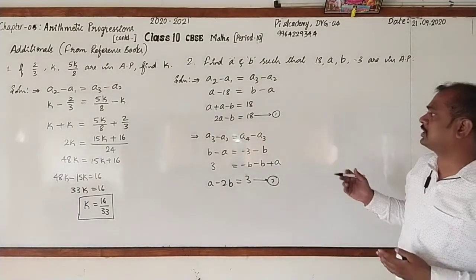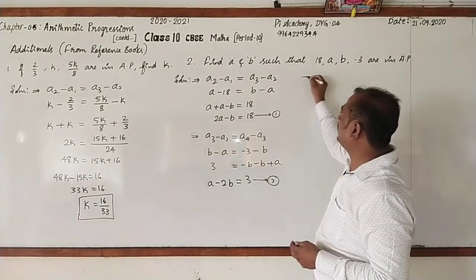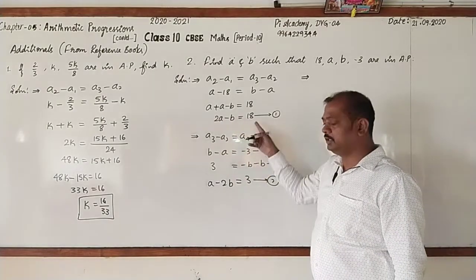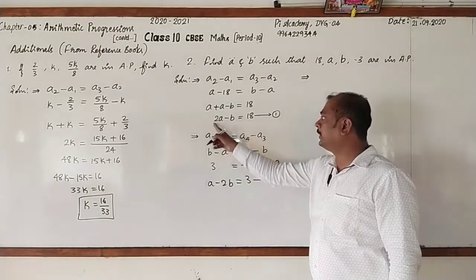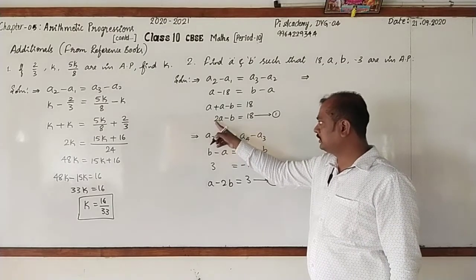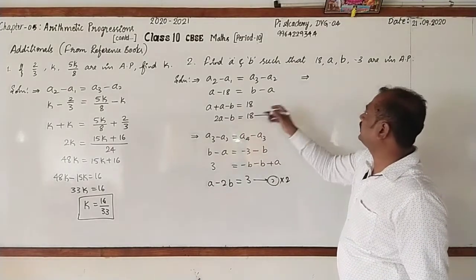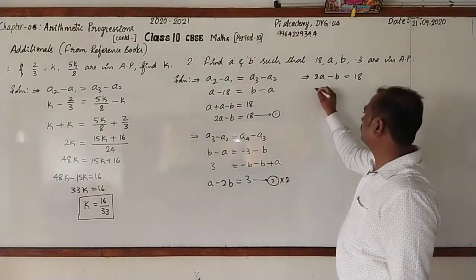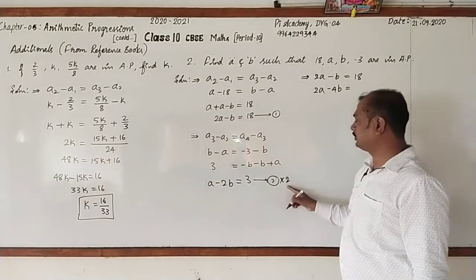Already we have discussed this chapter, and even we have learned how to solve. Let us go for solving them. To equalize the coefficient of either a or b in both the equations, I go for multiplying equation 2 by 2 to equalize the coefficient of a. Observe here 2a, here 2 ones are 2, here also 2a. The first equation is 2a minus b is equal to 18. Second equation, 2 ones are 2, 2a, then 2 2s are 4, minus 4b is equal to 2 3s are 6.